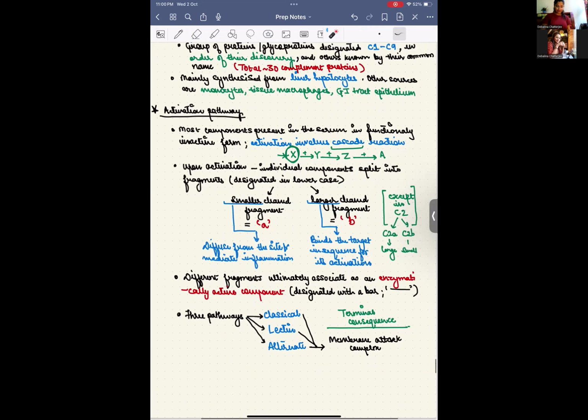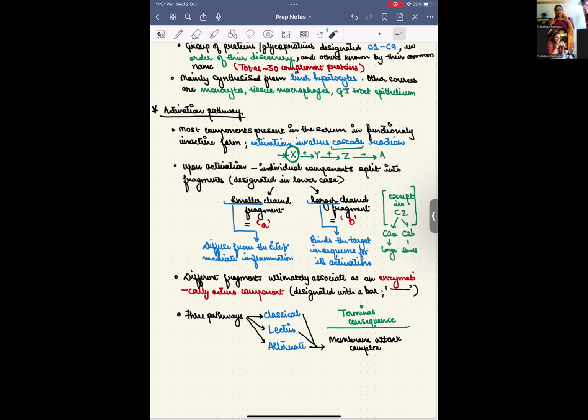Okay, now these different fragments associate as an enzymatically active component. So what happens is that when one component is cleaved, the active, larger fragment goes and cleaves the next in line. The product of this next cleavage can also become an active component. So the larger fragment of this second protein that got cleaved can form a complex with the previously formed larger fragment, and there can be multiple such fragments that can join together, and eventually the joining of some